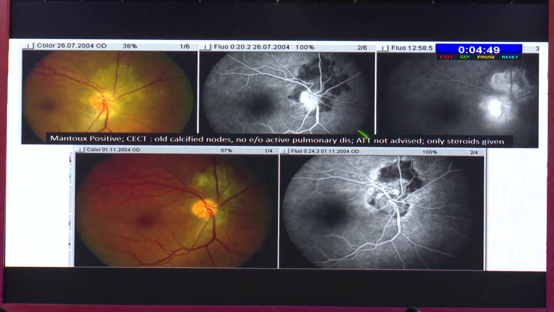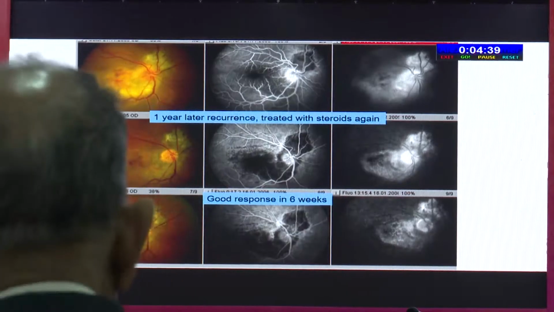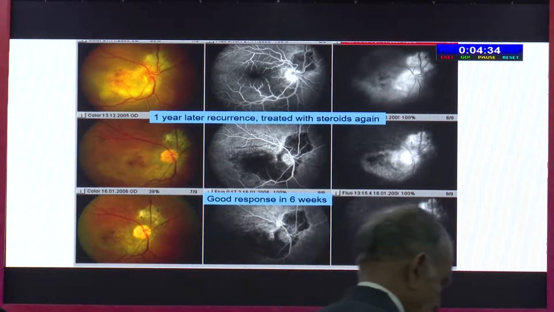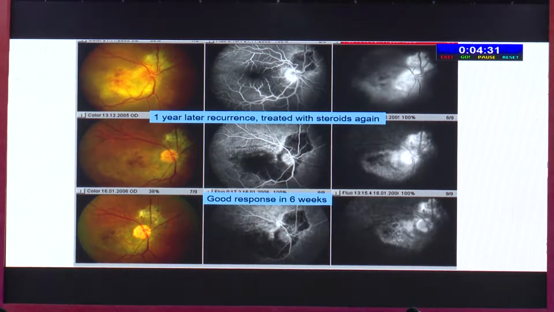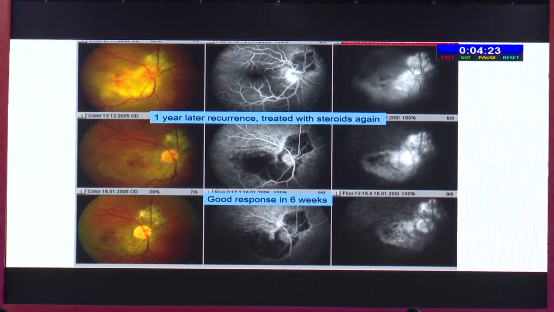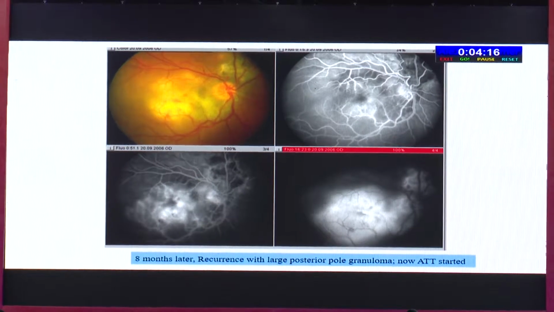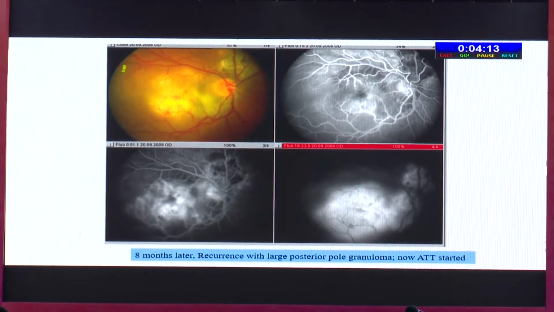We said, okay. So we gave steroids, and sure enough, you can see between July and November, the patient responded very well, TB not required. However, this is 1 year later. The patient comes back to us with this kind of a granuloma. At this time, again, we give steroids because we were foolish maybe. So gets good response in 6 weeks, fair enough. It's not TB, it's some kind of choroiditis which is recurring. But again, the patient comes back 8 months later and with huge